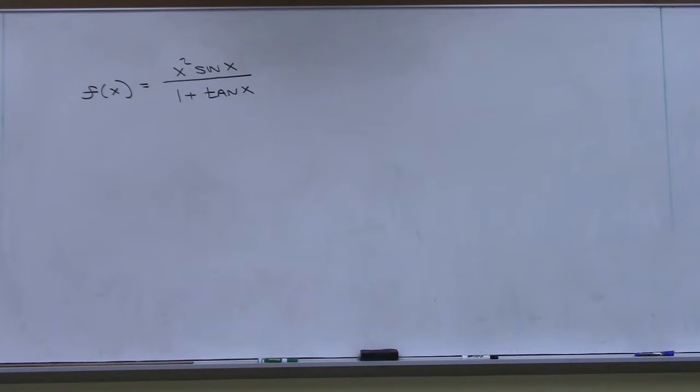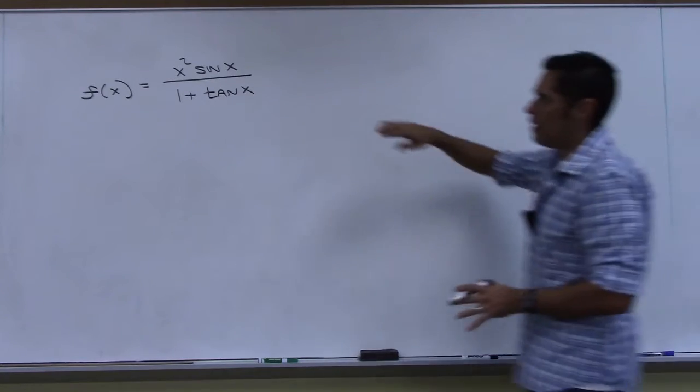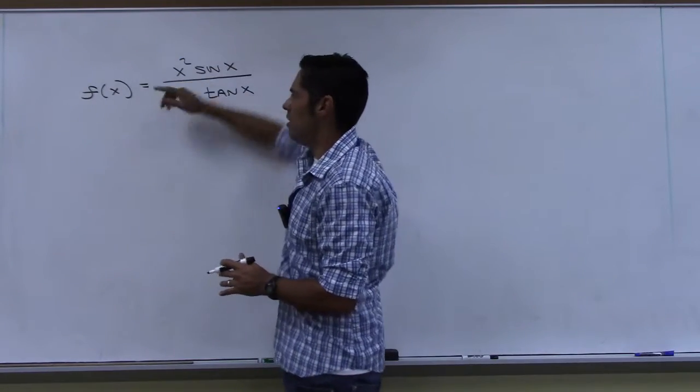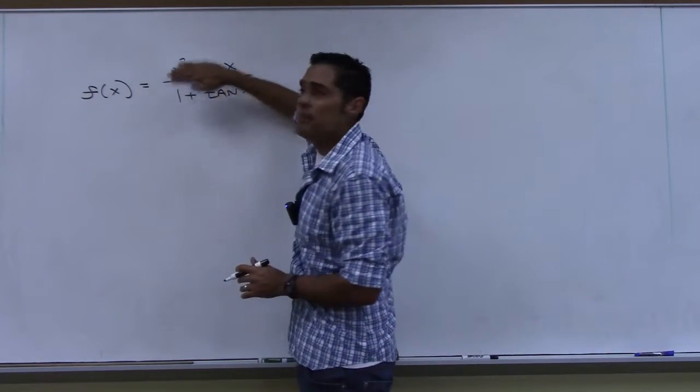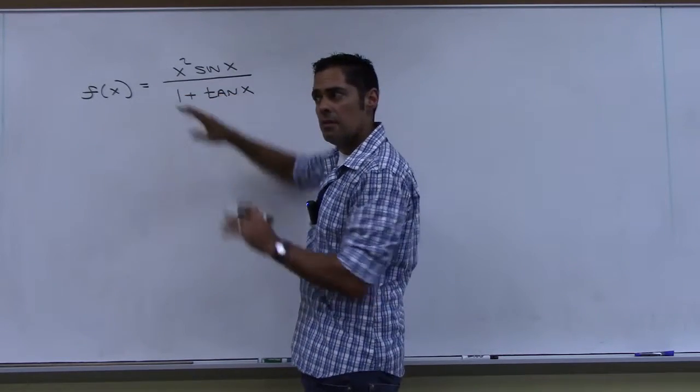How do you mean? Top one's a product. Yeah. You have a product up top, and the whole thing is part of a quotient, right? So you got a mixture in this problem of two different things happening. But overall, would you agree that the quotient is the big thing happening? Yeah. So I could treat this whole thing as f and g, although I'm already using f. So top and bottom, and I can just set up the formula